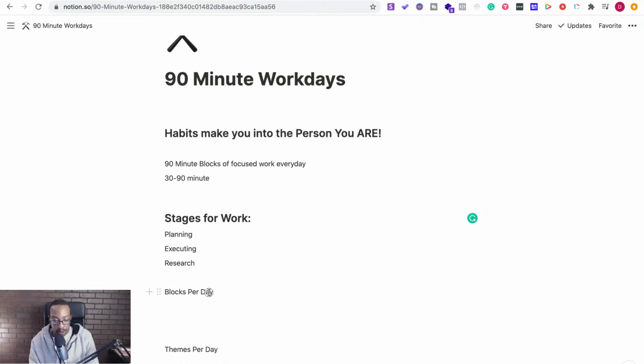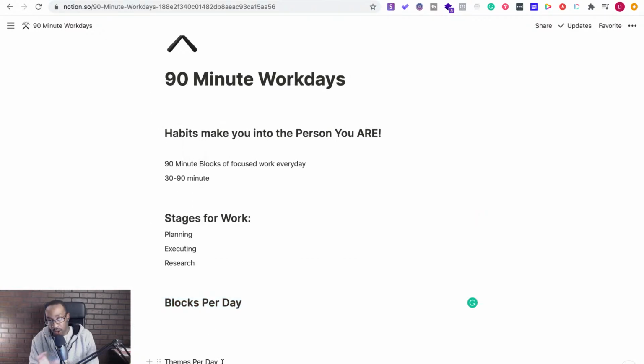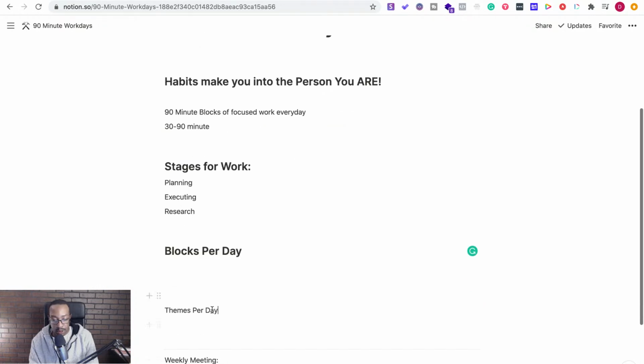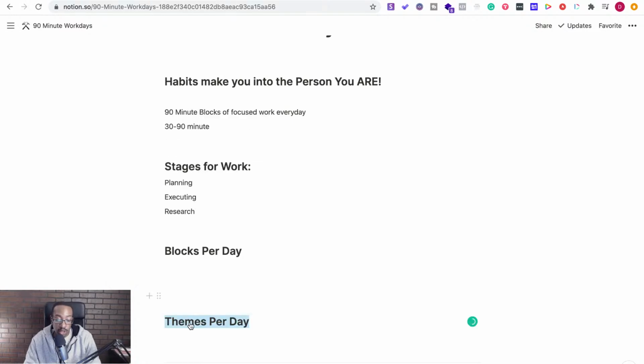When I do blocks per day, that allows me to have a clear indication of what I'm going to be doing per day or during the day. And then themes per day, that allows me to understand what I need to do to keep track of being on track the whole week. So for instance, we have Monday. Monday is